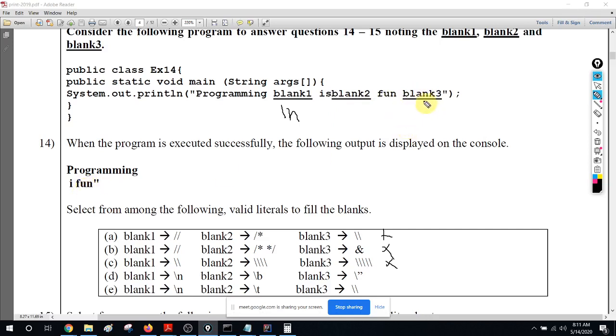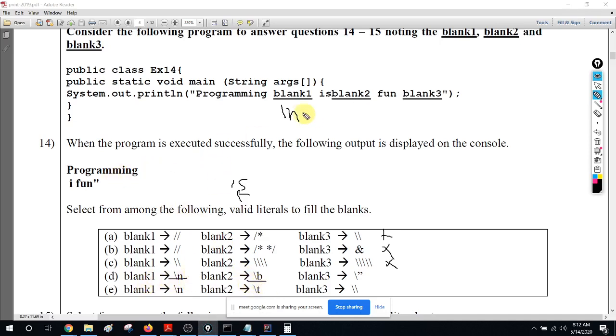Then they say there's another blank here, right? We don't know what that is, but make sure that after this there will be "is" here, but it is not "S". Now rather than S and space, you have "fun". So remember, there's a space also. That means the space has come here, overriding this S. That happens when you have the backspace, right? When you have the backspace, it comes to the left side. So it must be \b.